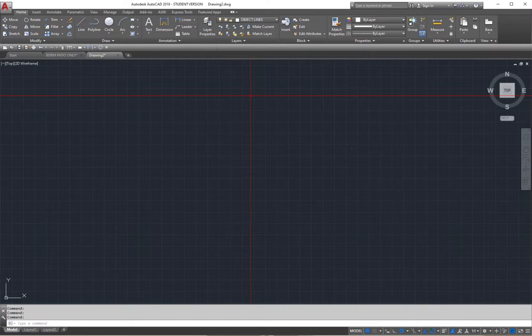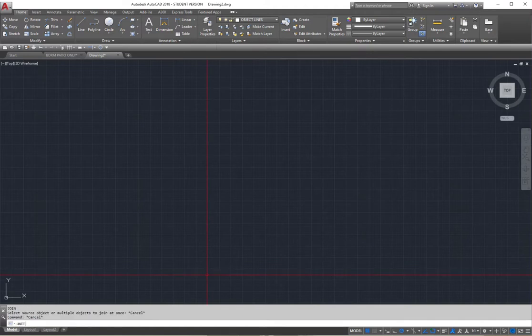Okay, so I'm going to add something called my units and my limits. So what are those? Basically your units are the way that you're going to input your information. I believe I mentioned this before, but just in case I didn't, there are five different types of units that you can use for your exercises. If I simply go and type units, enter,